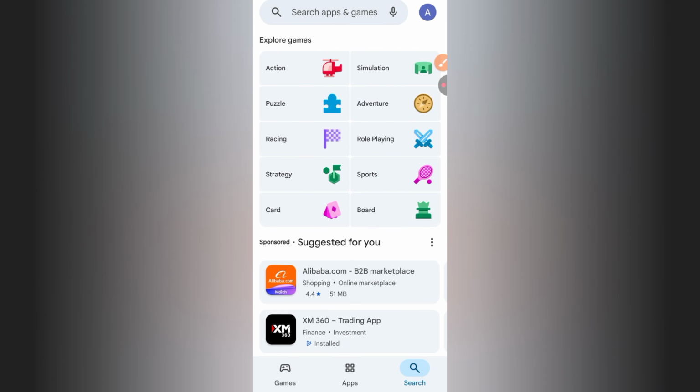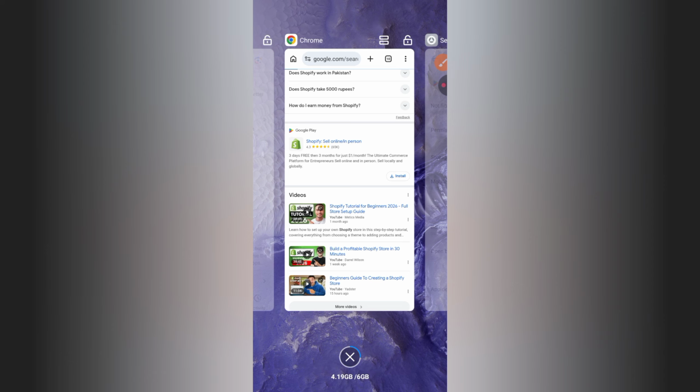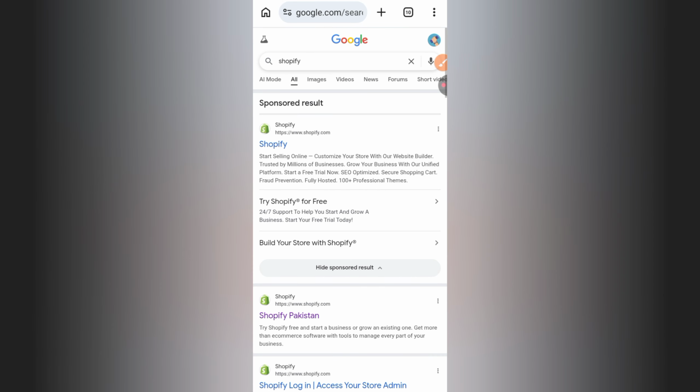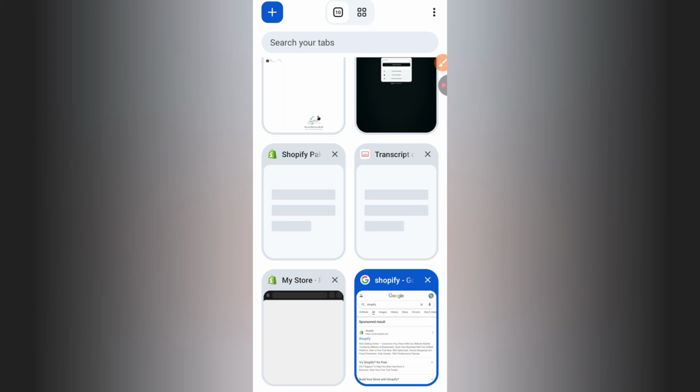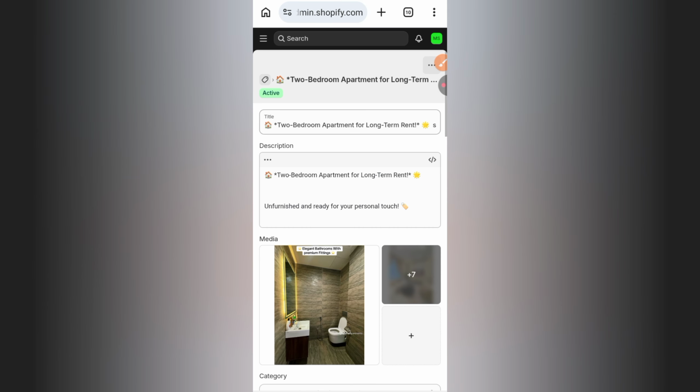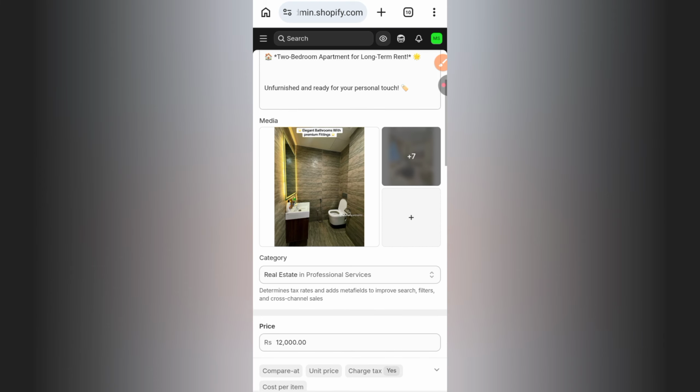If the problem still continues, you can try installing the Shopify app from the official website or a trusted APK source. Download the latest version that supports your Android device, enable Install from Unknown Sources, and then install the app